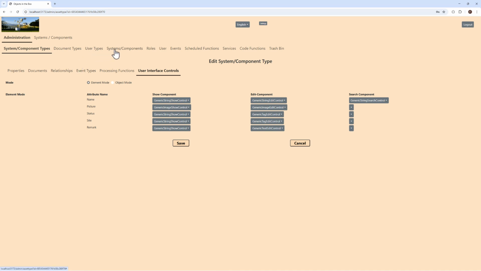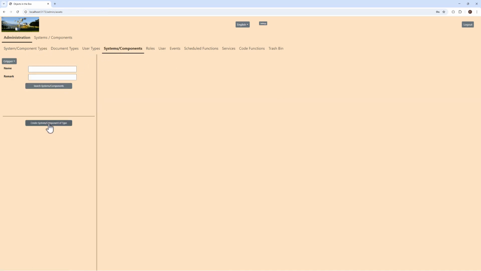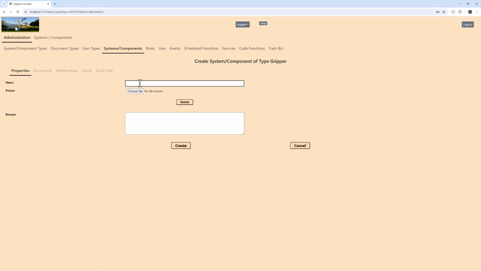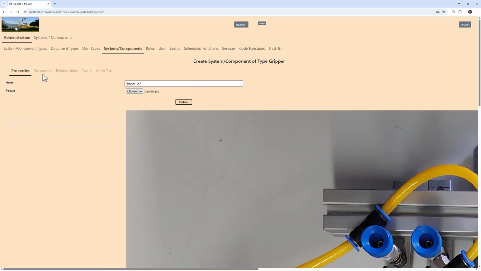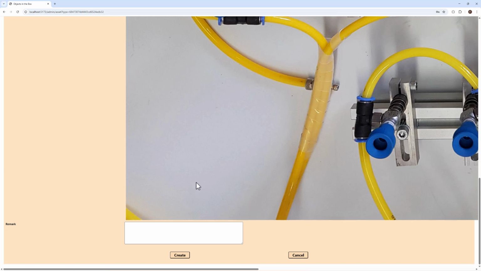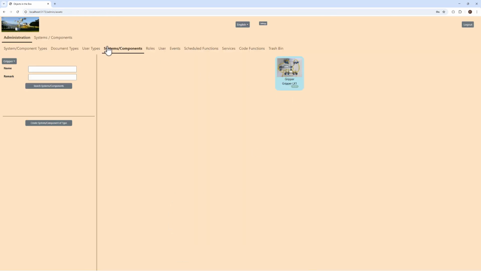So let's go back to the systems and components, create. Here we can put in a hypothetical serial number, or whatever we want to use as the name of a gripper. Just take that. I can pick an image here if you want, and create it. Next I will go for a robot,